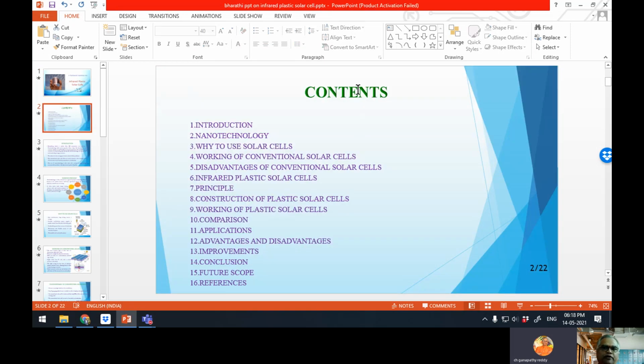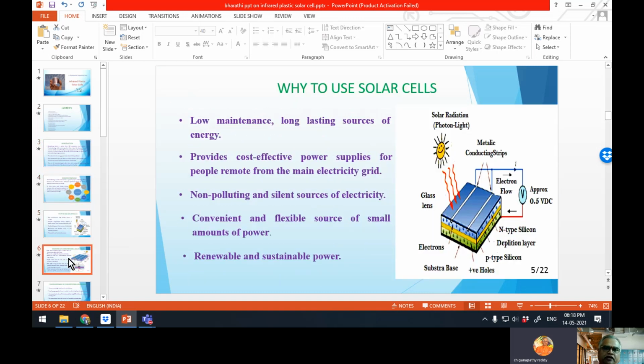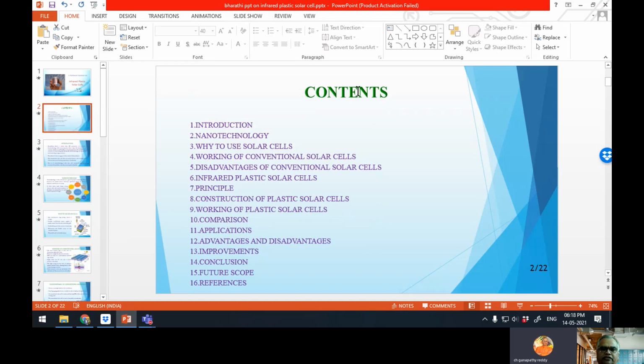Next, the heading should be "Contents," not "Index." In these contents, every chapter heading color is the same. You can observe that everywhere the heading color is the same. Earlier, this heading's color is different, this color is different, and next slide onwards it is changing. So this is one slide. The content color and the next heading colors should also be the same. That is one thing. All these can be done in complete capital letters, or with the first letter capital and the remaining normal, that is also all right.